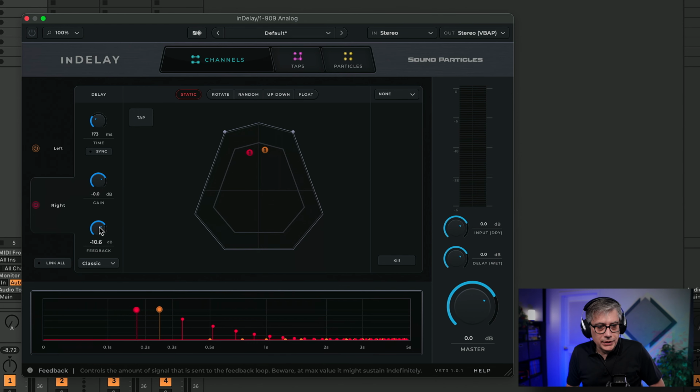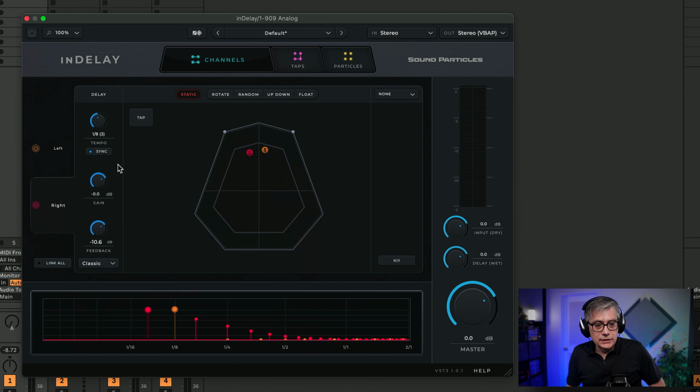So we have the feedback dial, the gain dial, and then the time. On the time, we can either sync the plugin to the DAW, or we can use the delay in milliseconds. So if we set it to sync, we can select it to be a quarter or something else, whatever we want.